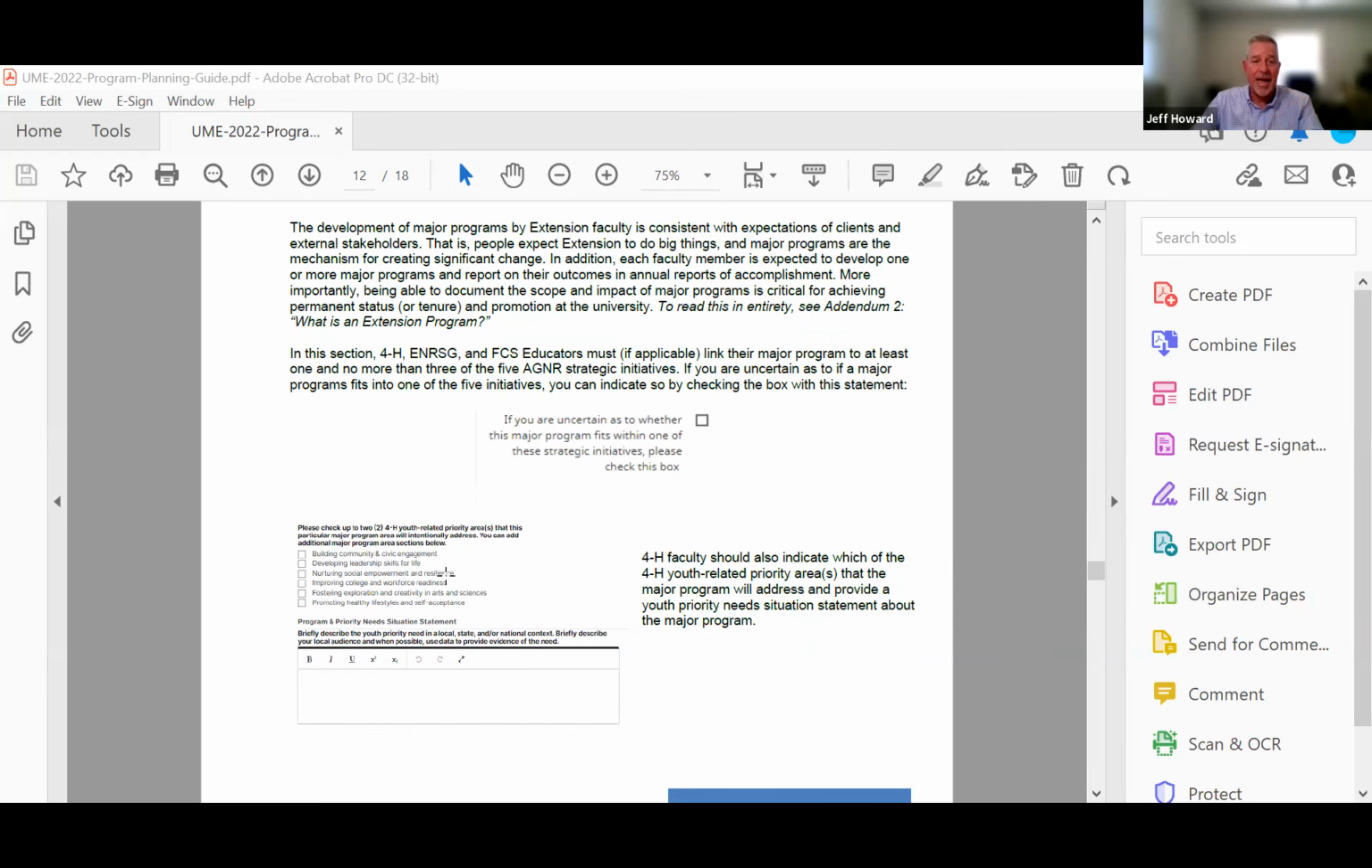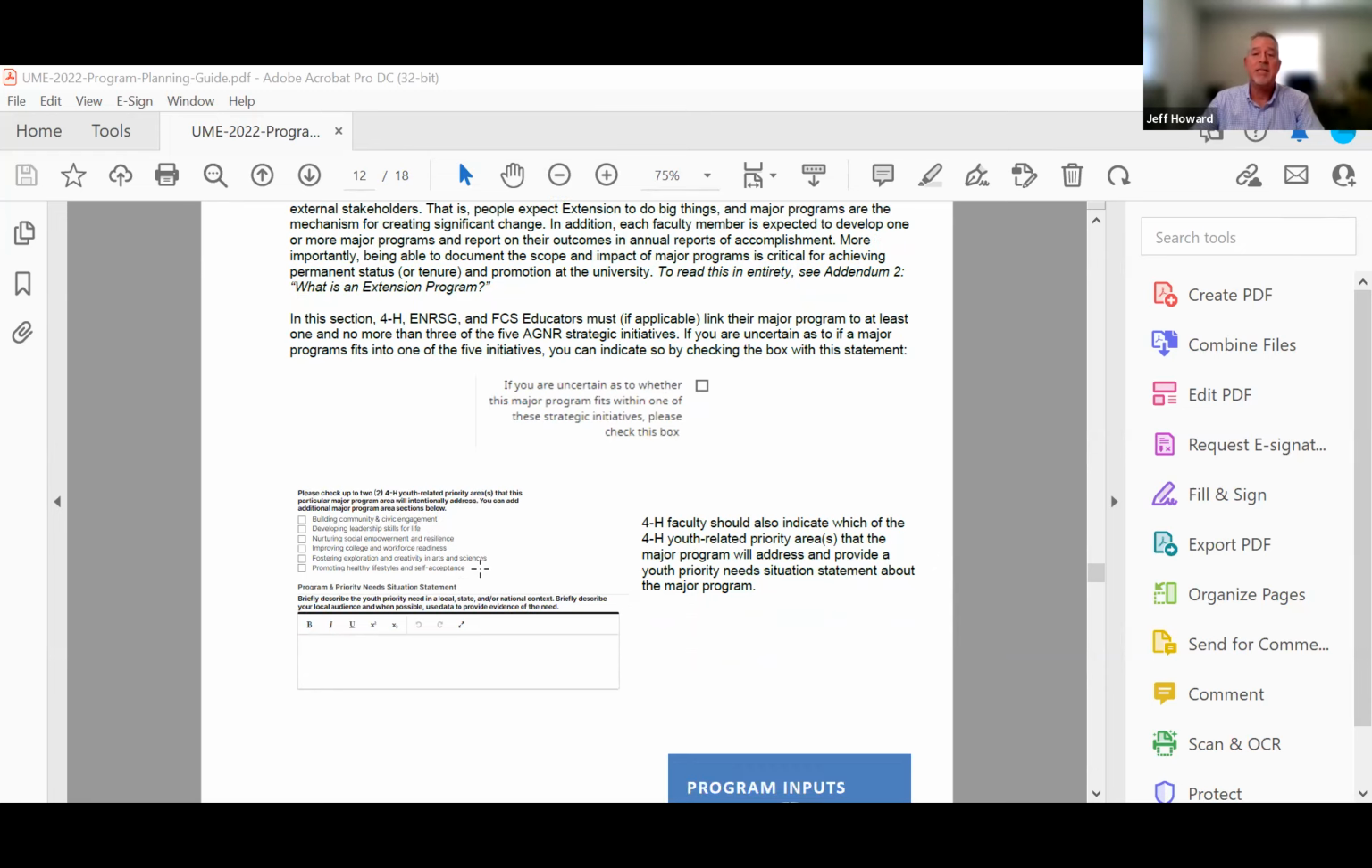4-H faculty will be asked to emphasize 6 priority areas. Building community and civic engagement is an example. Developing leadership workforce and so forth. So you have to think through the same thing with our other program areas. They're going to ask you to check off or prioritize some areas as you move